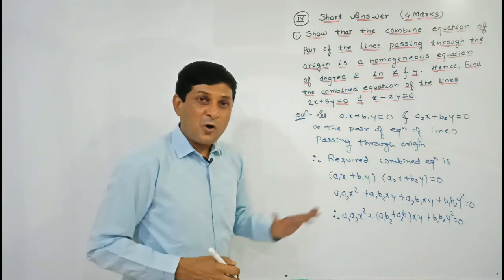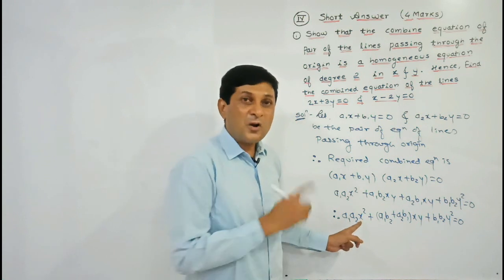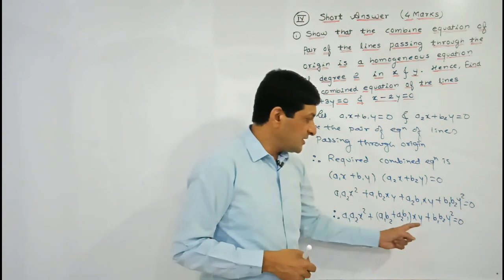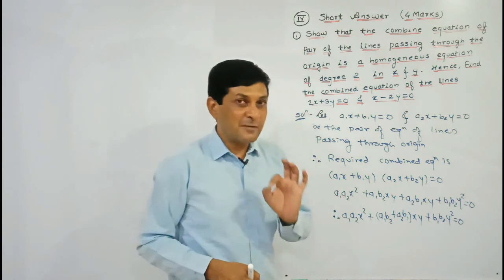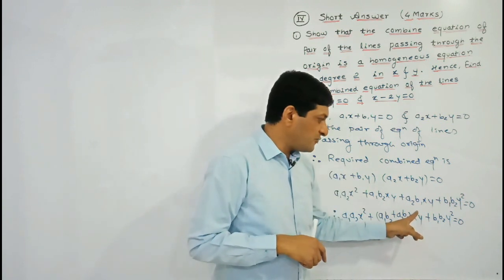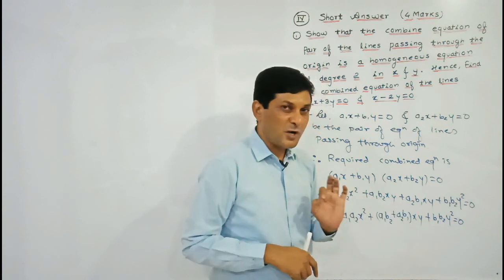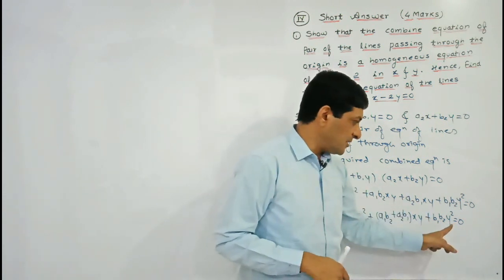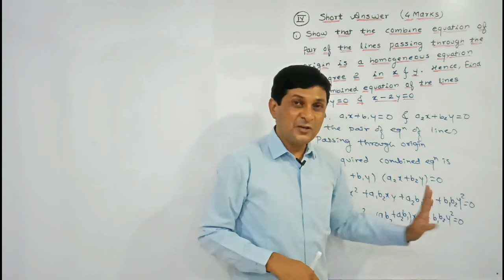Now we can observe that the degree of the first term, meaning the power of the variable, is what? 2, which means the degree of the first term is 2. Now observe the degree of the second term. Here 2 variables appear. If 2 variables appear, then to find the degree, take the sum of the powers of both variables. What is the power of the first variable? 1, and the power of the second variable is also 1. 1 plus 1 is what? 2, which means the degree of the second term is also 2. Now observe the degree of the third term. Here only one variable is there, that is y, and its power is 2, which means the degree of the third term is also 2.